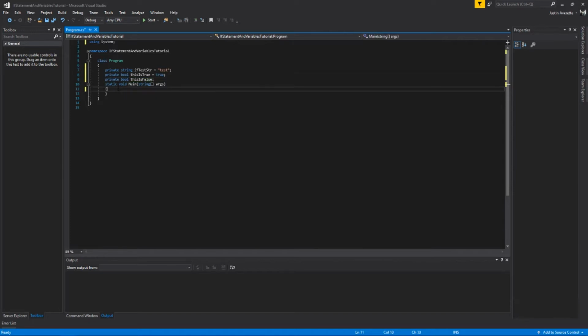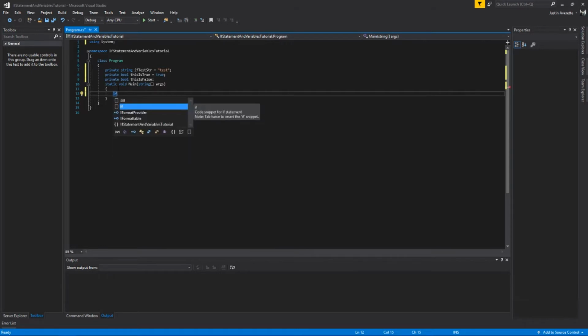Alright, inside of our main method, we are going to do a simple if statement. It starts with if, of course, because if is a method built into C#. And you do open and close parentheses because what's inside the parentheses is what gets checked. So basically your conditions for the if statement go inside these parentheses. So if,